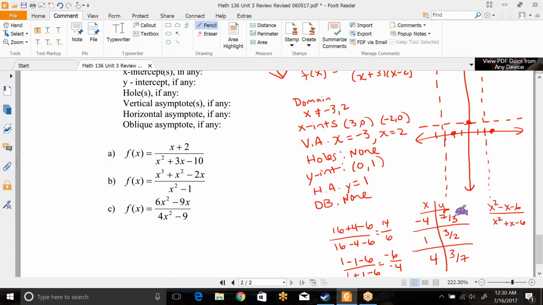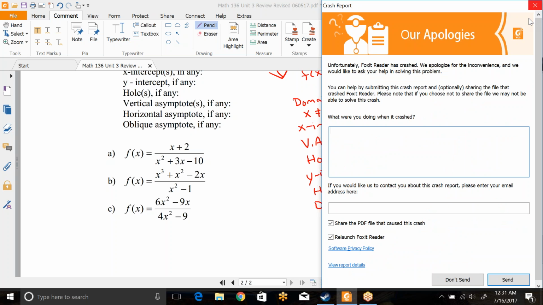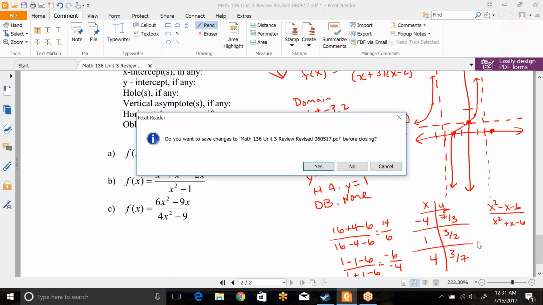7/3 is 2 1/3. So that means that point's up. So I'm guessing that means we're bounded in here. This guy was 1 3/2, so that's right here. So definitely this actually crosses that horizontal asymptote and goes up, so down on this side, right on this side, or up on the right side. And then 3/7 is going to be,